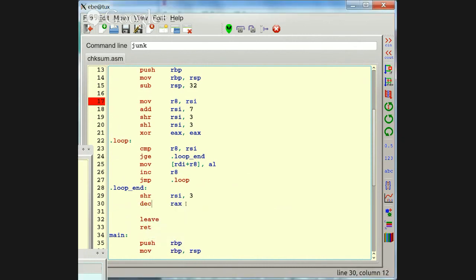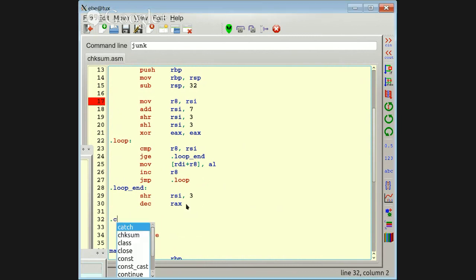And now I need another loop. And how many of these are there going to be? I guess I could have a file that has 0 for the number of bytes in it. So I guess I'll put checksum loop.